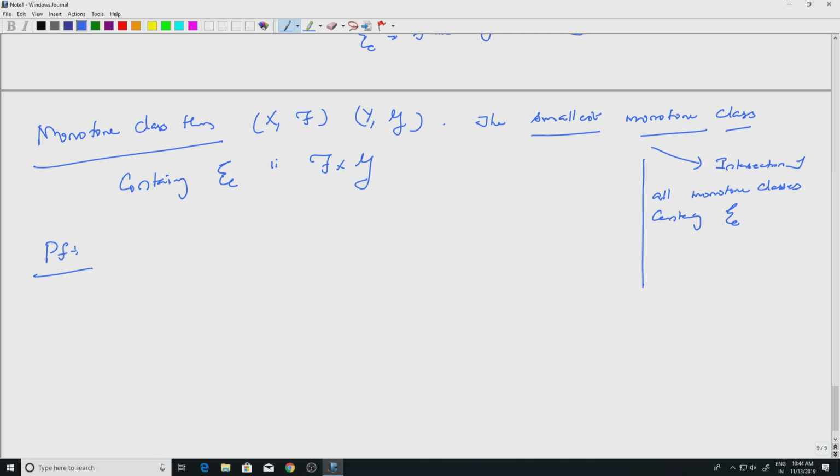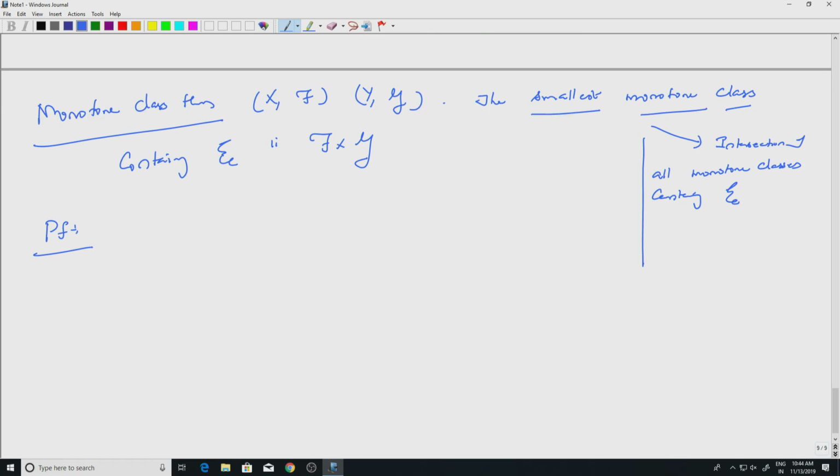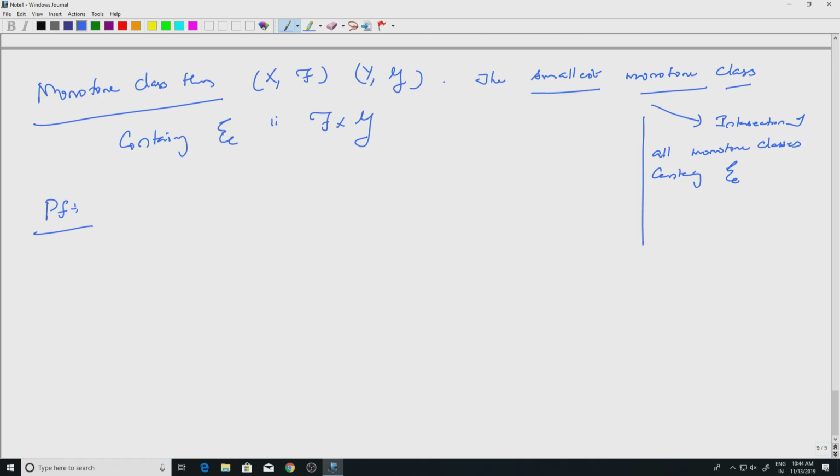So this uses what is known as the bootstrapping method. We look at good sets and then we repeat the argument to prove that the smallest sigma algebra generated by script E coincides with the smallest monotone class generated by script E. So that is actually a certain property of script E, which I'll isolate after the proof as an exercise. Okay. So let us start with, let script M be the